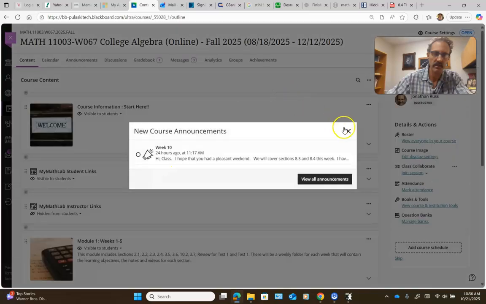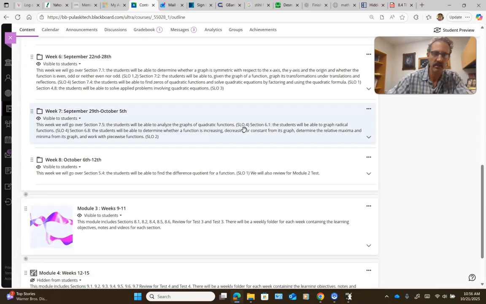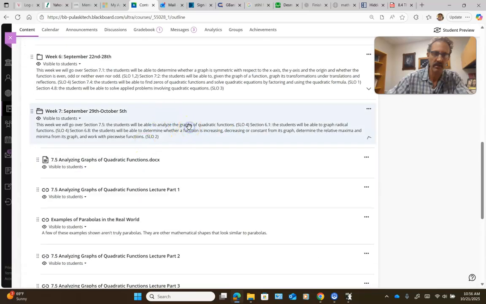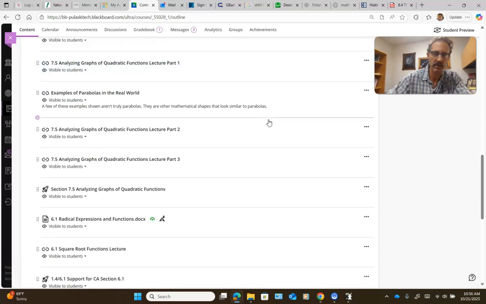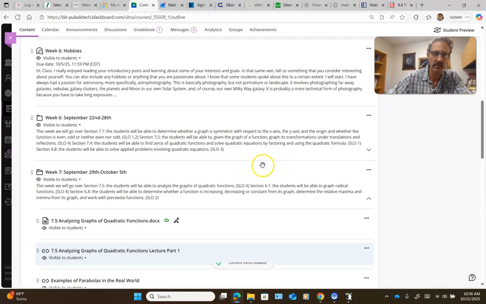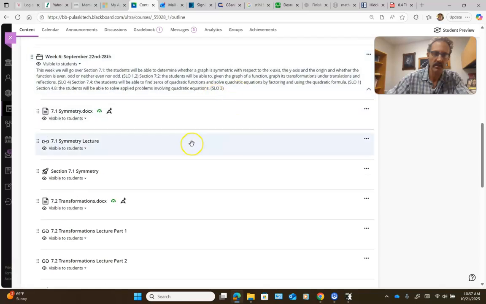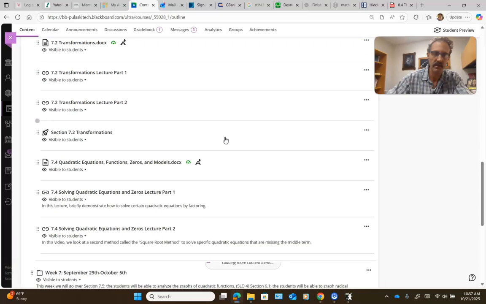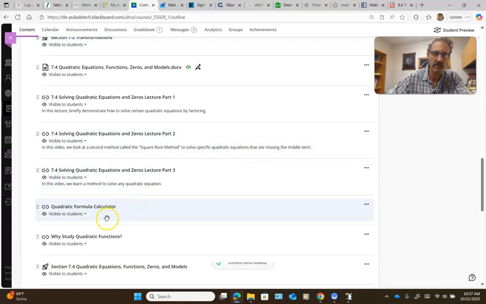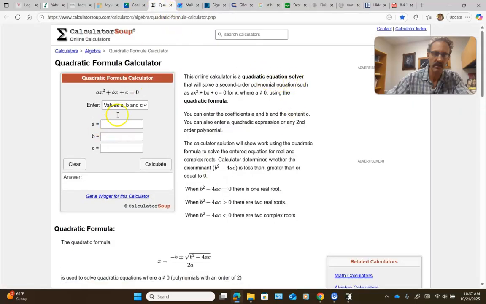Alright, so I'm going to have to come back in here. If you remember, I first showed you this in Module 2. I think it was in week 7, but I put a link to that quadratic solver in Blackboard. I'm looking for it. I'm not finding it. Evidently, it was under week 6, at least for this course. Okay. So in any case, just go back and get that quadratic solver. Here it is, quadratic formula calculator. Okay. So here I've brought it up again,